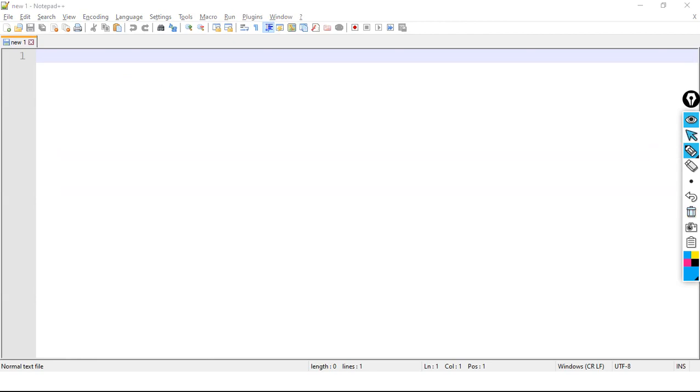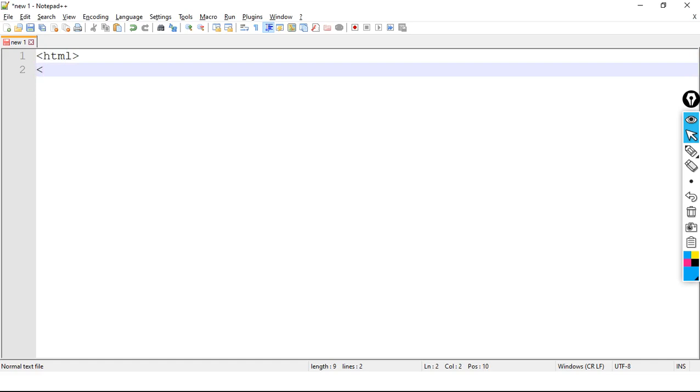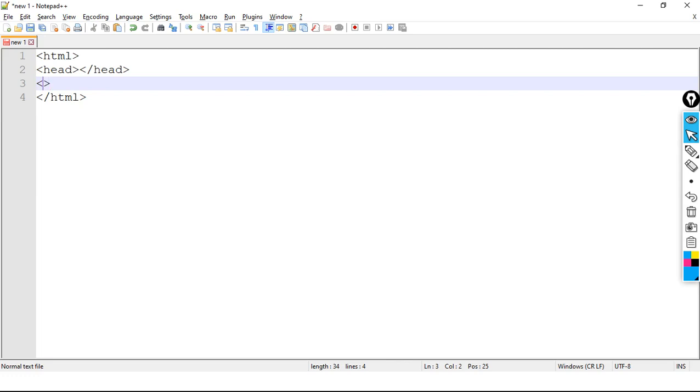So this is our code editor. Here we will design our HTML form: opening and closing html, then we have the head section, closing head section, then we have body.